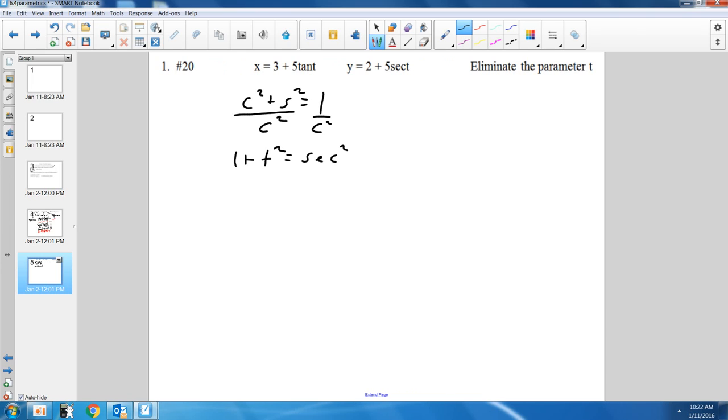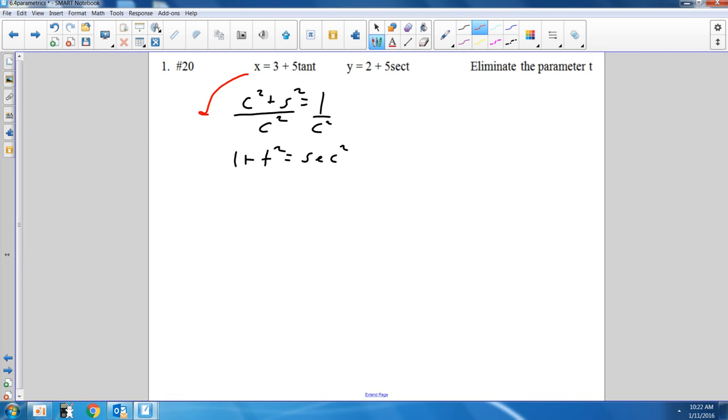All right, so I'm starting with this identity. And now I just want to, again, do the same exact thing that I did before. I want to solve for tangent. So it's going to be x minus 3 divided by 5 equals tangent t. And I want to solve for secant. y minus 2 divided by 5 equals secant t. At this point, we're going to do the substitution. 1 plus